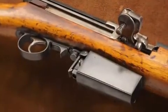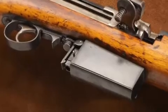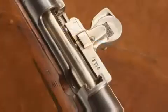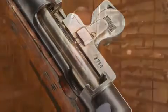The standard magazine is the 8-round magazine, but it was also manufactured with 20-round magazines and a 30-round helical magazine and a 100-round drum for some of the full auto versions. It was adopted by the militaries of at least a dozen different countries and was manufactured in Mexico, France, Japan, and Austria. Probably the best-known manufacturer of these was at the SIG plant in Switzerland that had the original contract